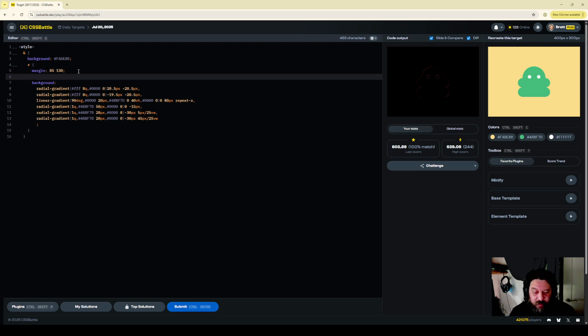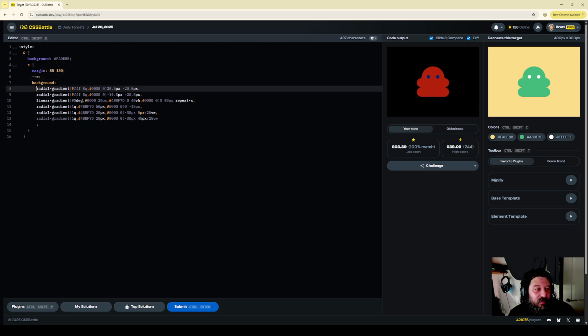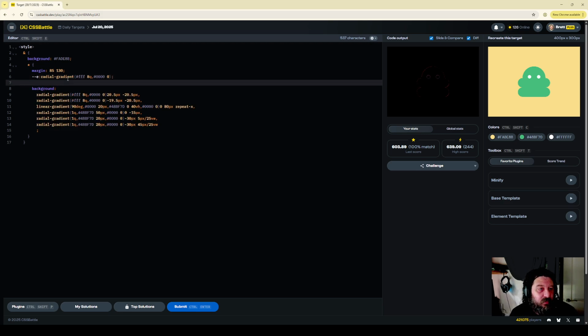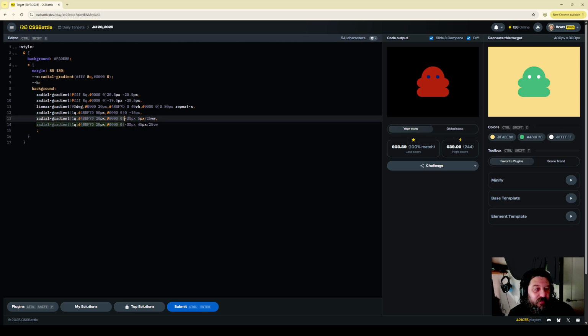But anyway, what we'll do is we'll make E this radial gradient up to here, and B for blobby bit this radial gradient up to here,